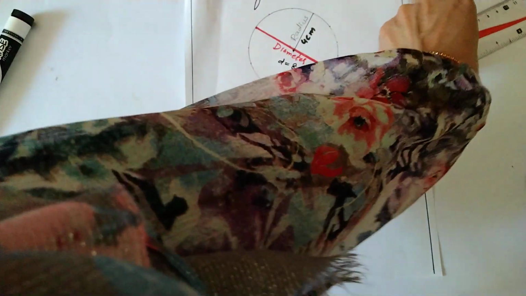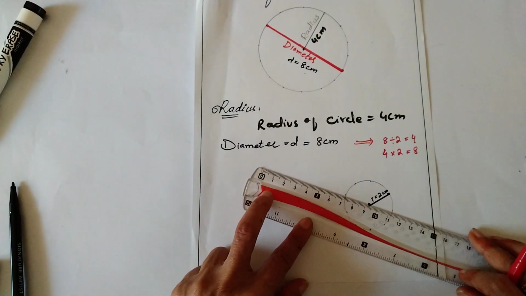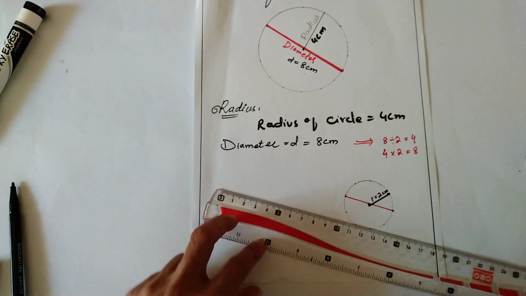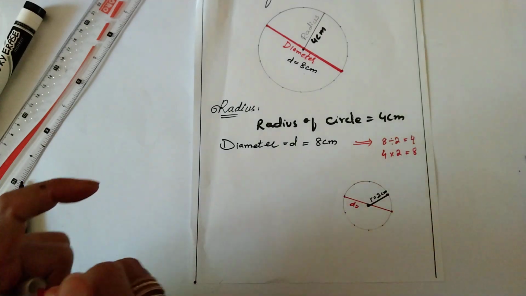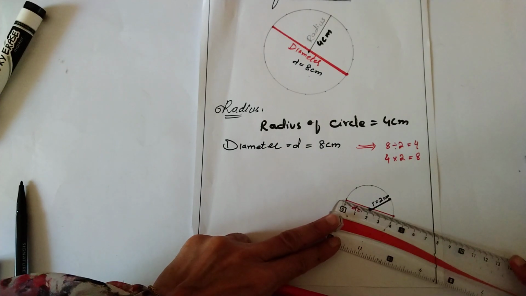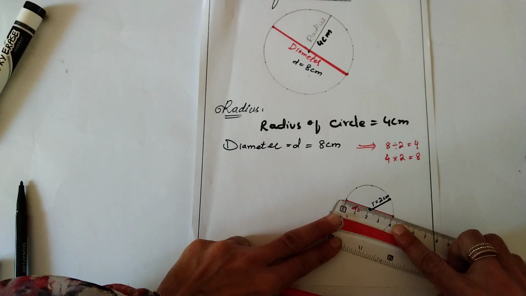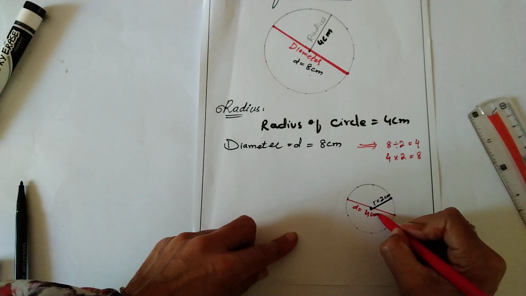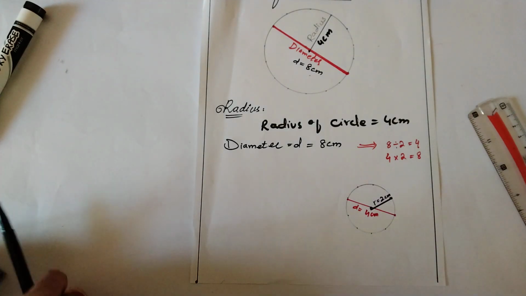To find the diameter, we have to get a line which matches 2 points on the circumference of the circle and passes through the center. So this is called diameter. Let's check what is the diameter. Again use the scale. Put the 0 at the first point and check the other point, that is equal to 4. It means the diameter of this circle is equal to 4 centimeter. Clear? So you can easily check your answer.